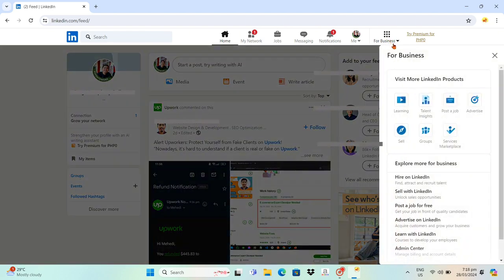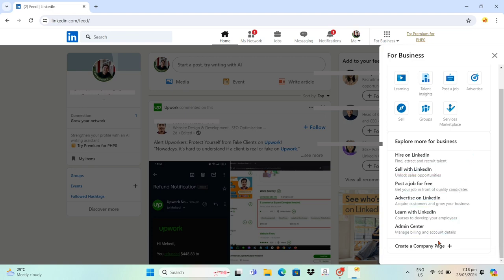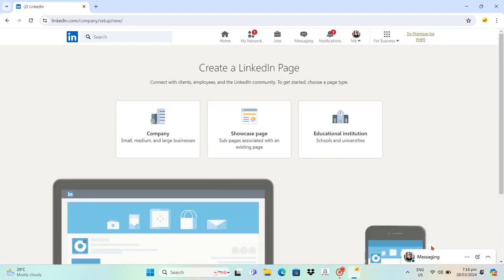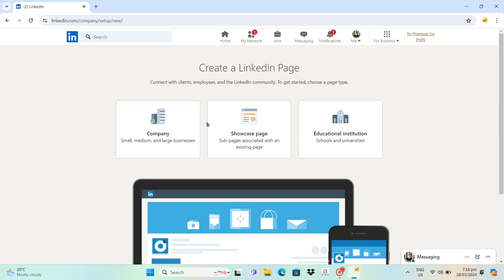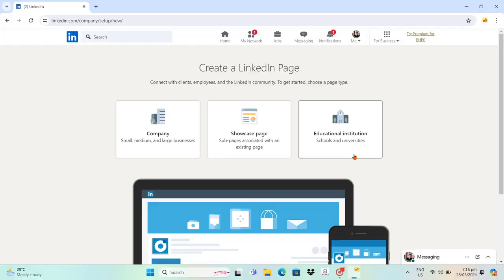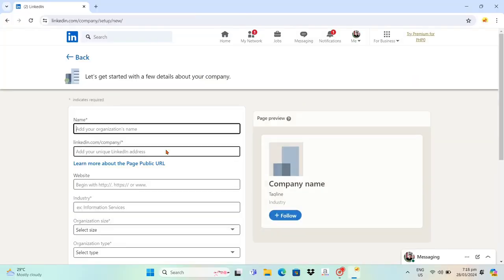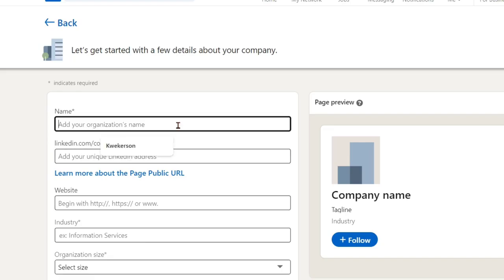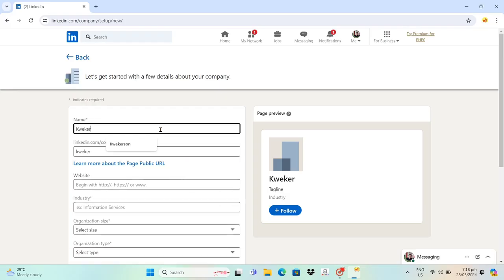So just click on it, and once you're done, you will then just have to select create a company page. So here you can create a company page, showcase page, and educational institution. So you just have to select this company option. And then right here, you just have to add your organization name. So like that. And below you'd be able to see here your